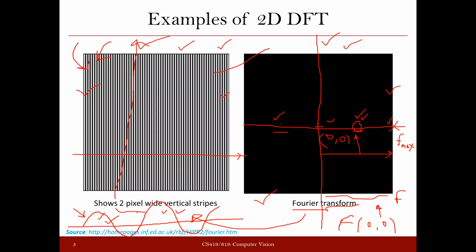If it is an ideal sine curve, you will have just one frequency, because to represent an ideal sine curve, you just need one frequency. But the pattern that you are going to get here is not going to be exactly like this. It is going to be something like this. You have white like this, and then black like this. It is a pattern like this.